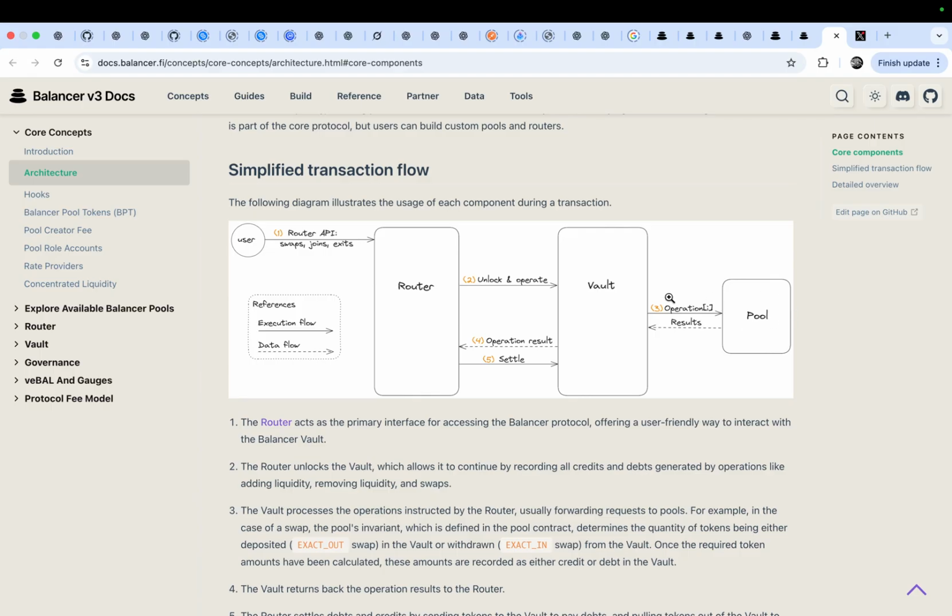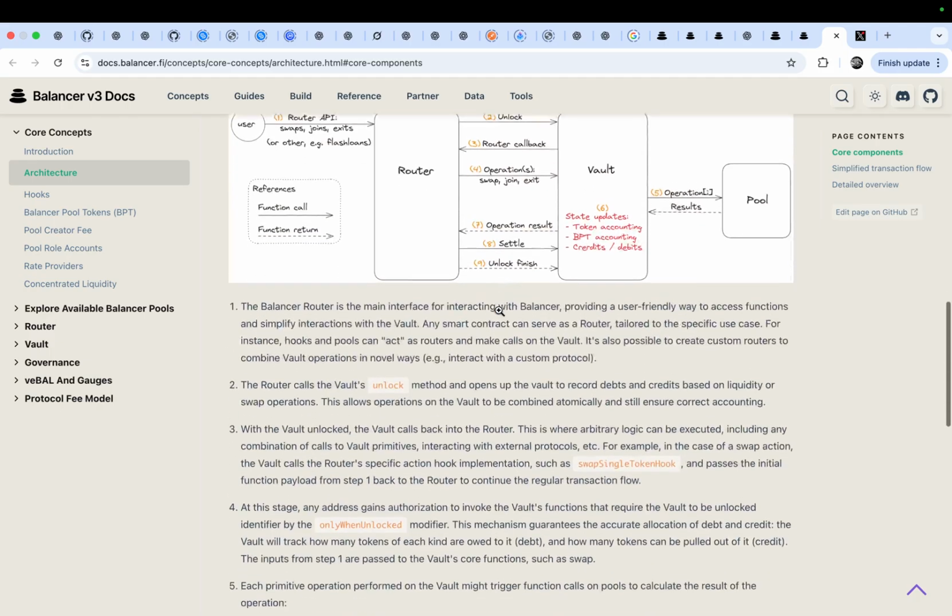Other operations will be executed in the vault. And you can look at the unlock and the settle. Actually, the settle includes another operation called unlock finished.